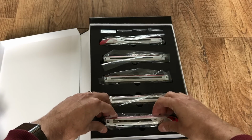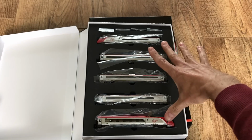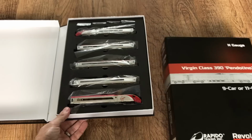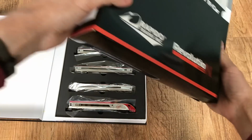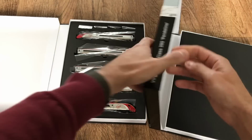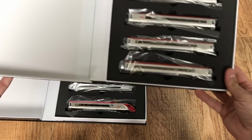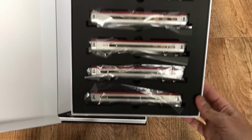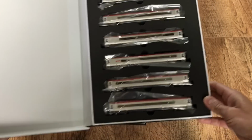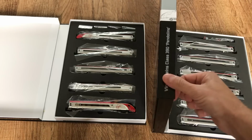And not only is it special because of that, but as you can see, we've got the two end cars and we've got the three coaches, but there is another box, and inside the other box we have six more coaches. Wow. So we've got an 11 car Pendolino,